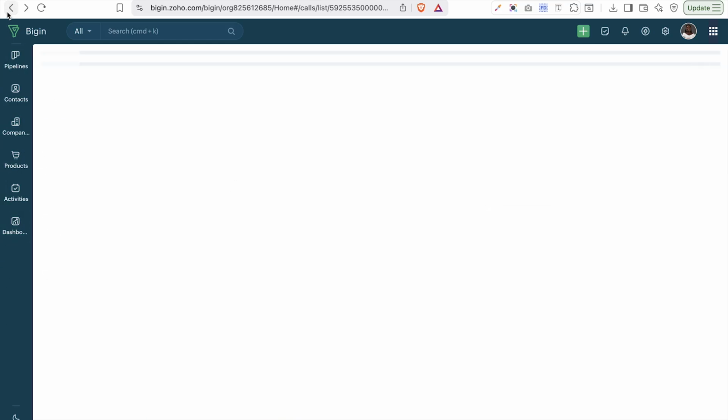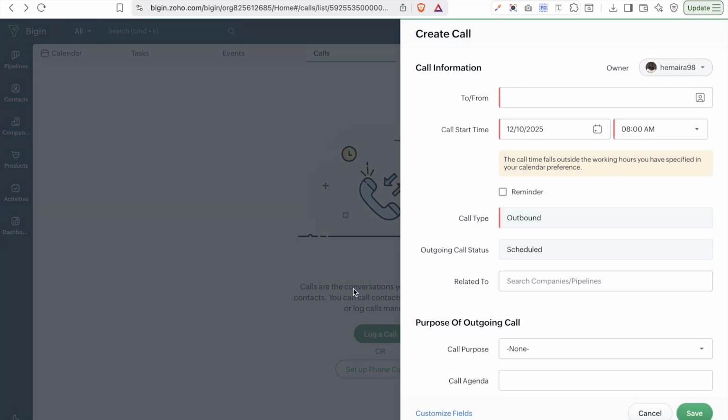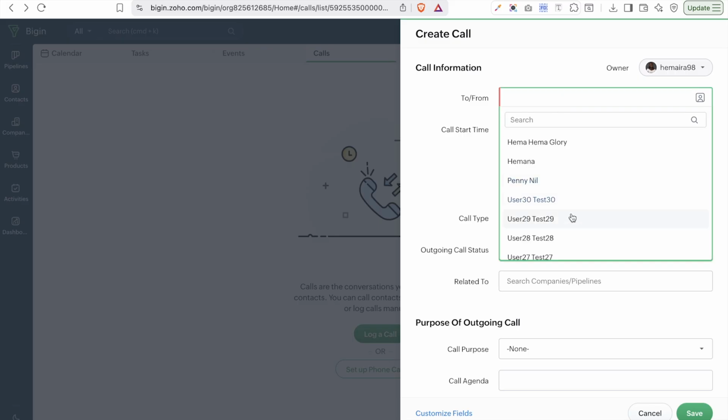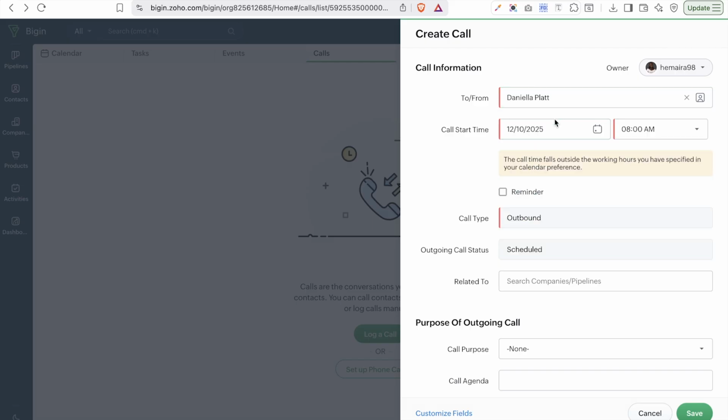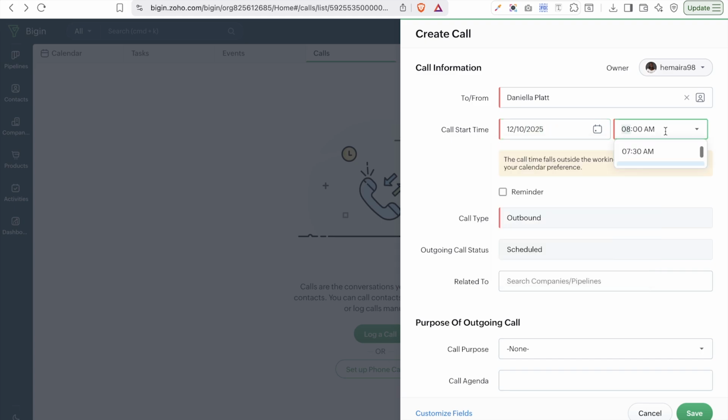So I'm just going to go back, and I can manually log a call if I want. When I want to log a call, I just click on log a call, and it's going to take me to this page where I can log this call. So this call can be to any particular contact I have in Zoho Bigin, and we can mark the call start time, and we can also mark